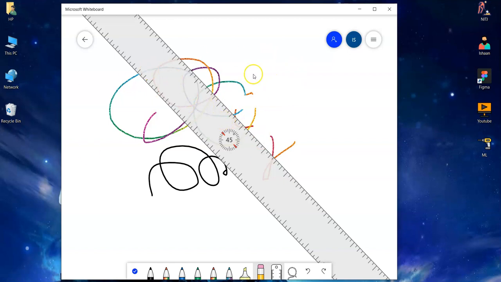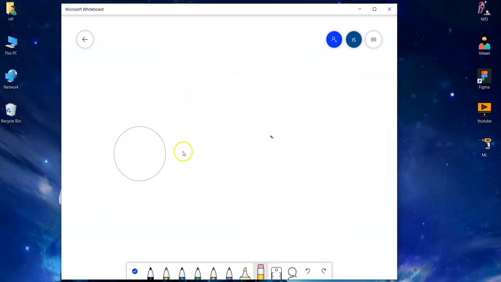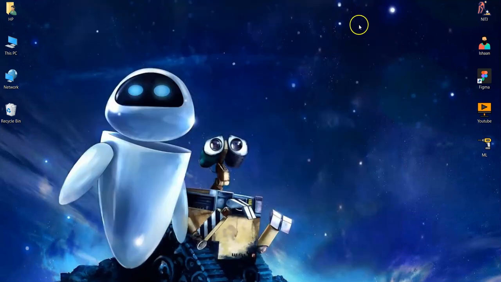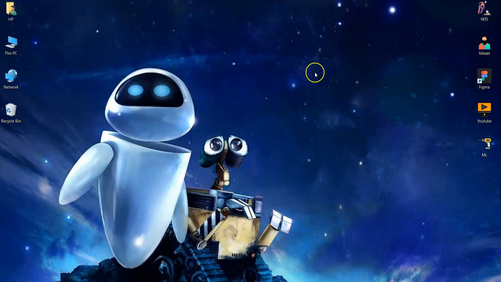So yes, these are just simply amazing features of Windows that I came across. And here similarly, if you click on Windows plus W, here it is full screen snip. So once you have clicked on it, it will take a screenshot and then it will paste it over here. So these are some amazing shortcut keys.